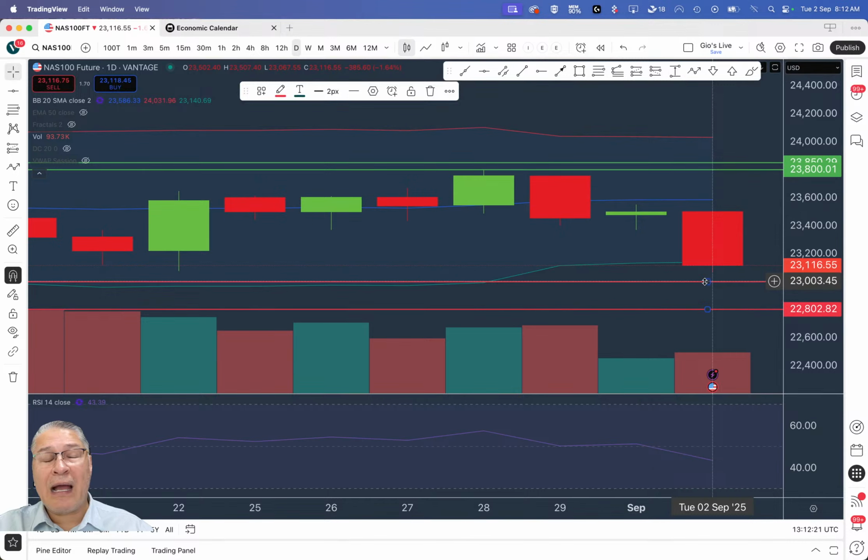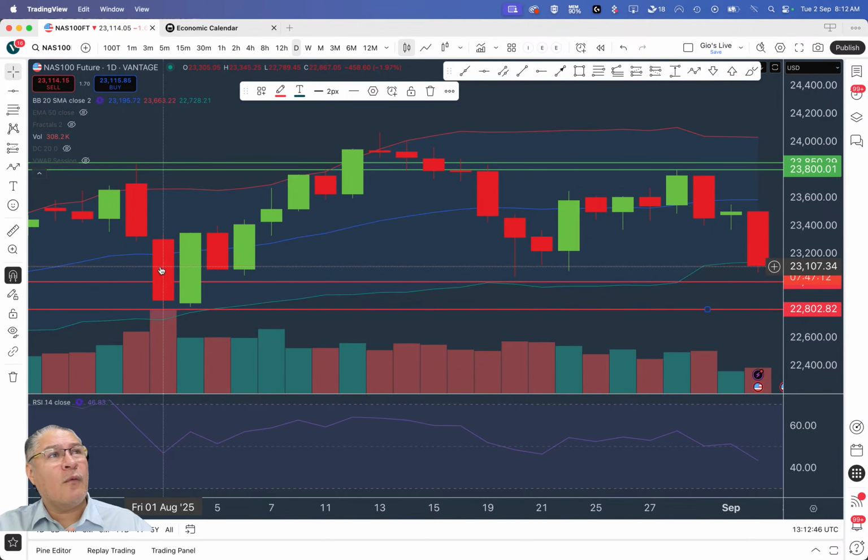if we do happen to penetrate 23,000, then we can come in and take a look towards our left and identify previous levels of swing lows. We basically have this swing low made on the 1st of August. In technical analysis, there is an old saying that history tends to repeat itself. That is one of the ways that we can come in and identify or speculate the direction of the market.